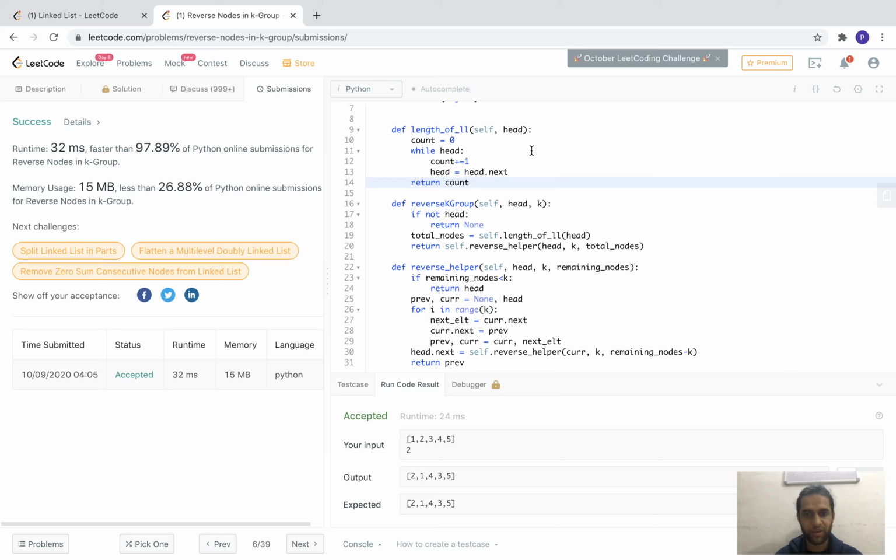So in the next video we will see how to solve this problem without using recursion, by explicitly iterating through the nodes which we want to iterate, and we don't have to use stack space for that. And there are various other techniques where we don't have to compute the length of the linked list first. You can just keep iterating and reversing nodes in groups of size k, and in the end you just check if you have to re-reverse the linked list, because you may have traversed and reversed a group of length less than k. So I hope the explanation was clear, and I hope you like this video.